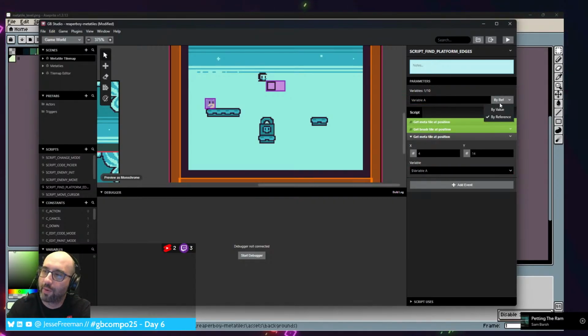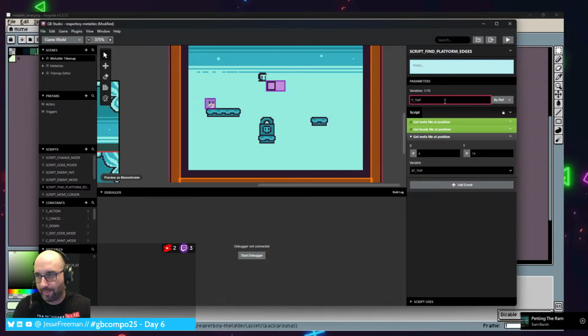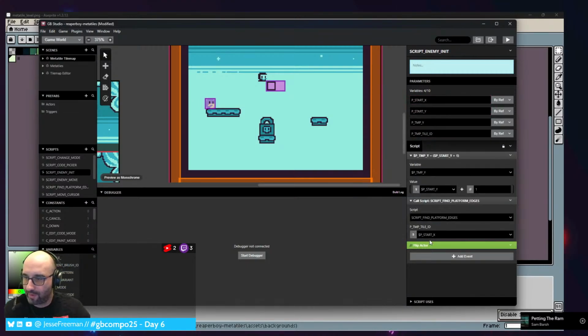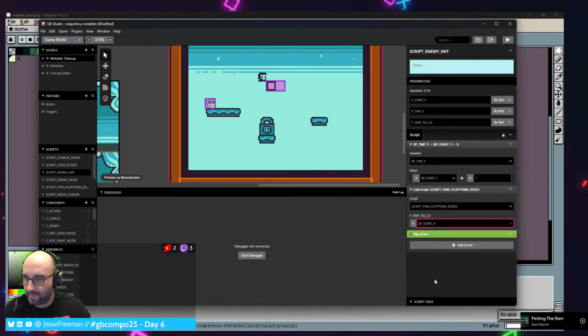Oh, see, here we go. So we can pass in a value, either a reference to the variable or a value to it. Right now we're going to pass in a reference because we want to set this, and we're going to call this p temp tile ID. And then in the init, we want to make sure that we're passing in the correct thing. So we're going to pass in this p temp tile ID,